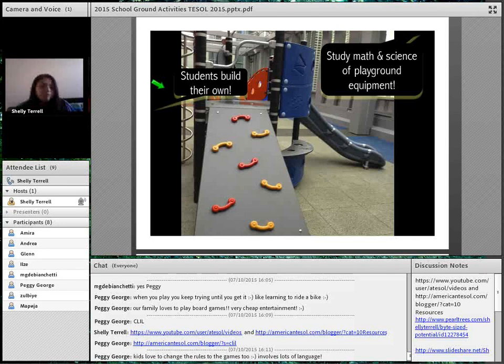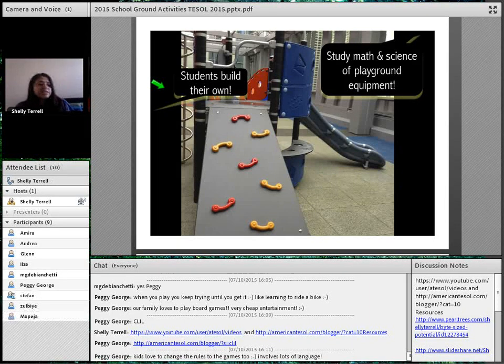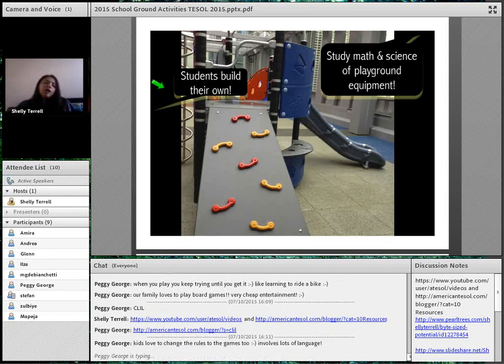So there's a lot of playground equipment that you'll often see around the school grounds. And the playground is a great opportunity if you have a playground at your school, or you have one at a nearby park. I know when I was in Germany, they often had them at nearby parks, and we could take the students. Well, if this is the case, there's a lot of math and science learning that can go on with that. What you can teach students, other than the components, you can teach them the language of slide,